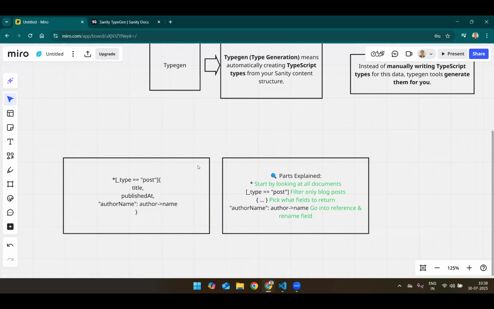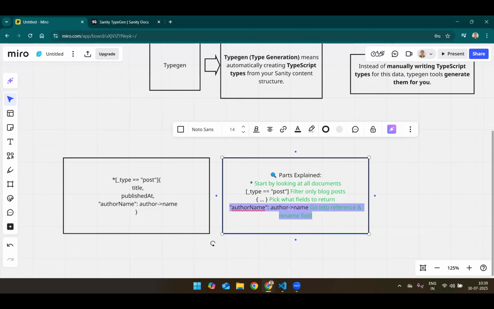Yes, but in the curly braces, we write what we want in return, right? Yes. Okay, so what does author and the arrow and name mean? I explained it here: author name, but I want to return only the name, just renaming the field. Go into the reference and